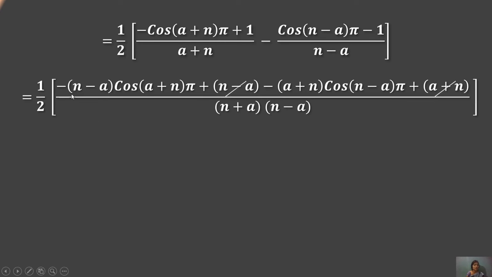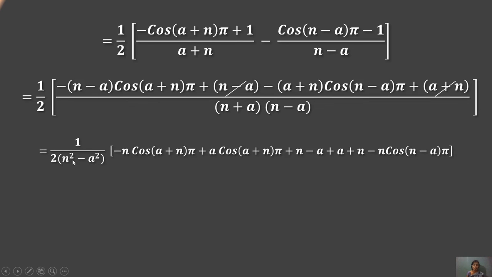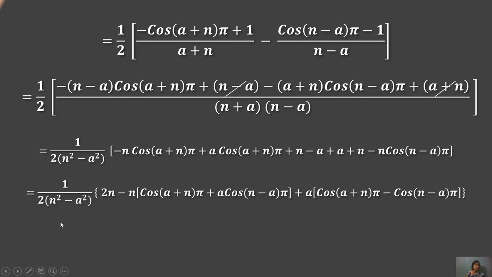Then half of the value generating to the condition for a cross multiplication: minus sin(n minus a) cos(a plus n)pi plus generated to the value of this equation. Okay, same as a plus n minus a value will be generated, both of this condition. One is also multiplied, this minus same as a, this cross multiply, a plus n cos(n minus a)pi plus a plus n into multiply of a plus n, a minus n. This value will be generated, means a half of n square minus a square, this value for the expanding to the form and cancelling to the value, generated half of n square minus a square.